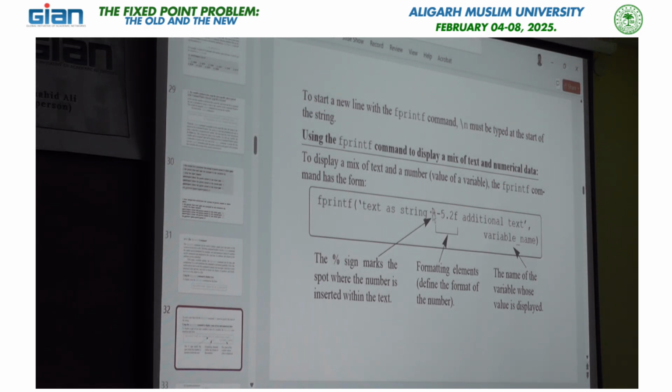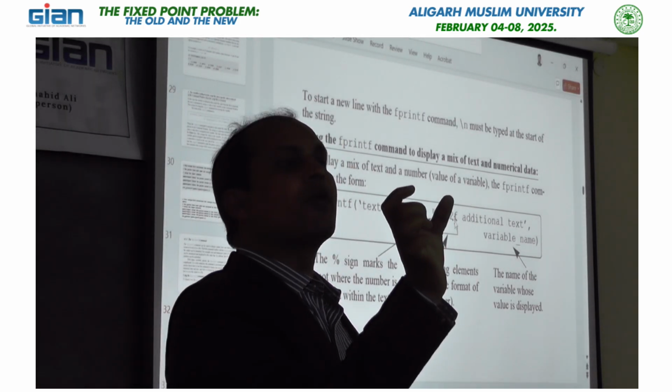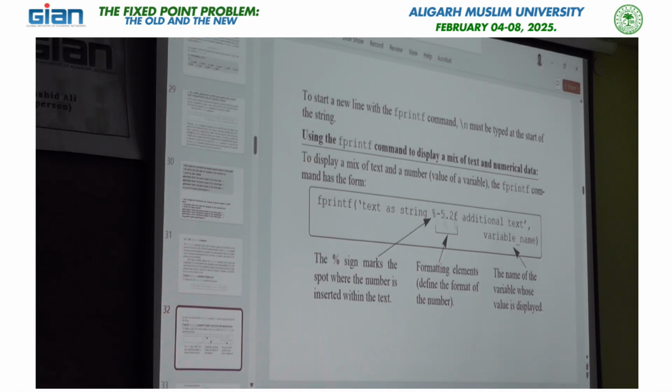And what does it stand for? %5.2f. Remember that this 2 will mean that after the decimal, 2 values have to be displayed. Suppose you are doing some numerical calculation and you want your answer up to 4 decimal places. So you can write there percent, say 8.4. So after the decimal it will take only 4 values, and this 5 is basically including the decimal sign, the total digits will be 5. So remember within fprintf, percent is used for printing the value of this variable at this